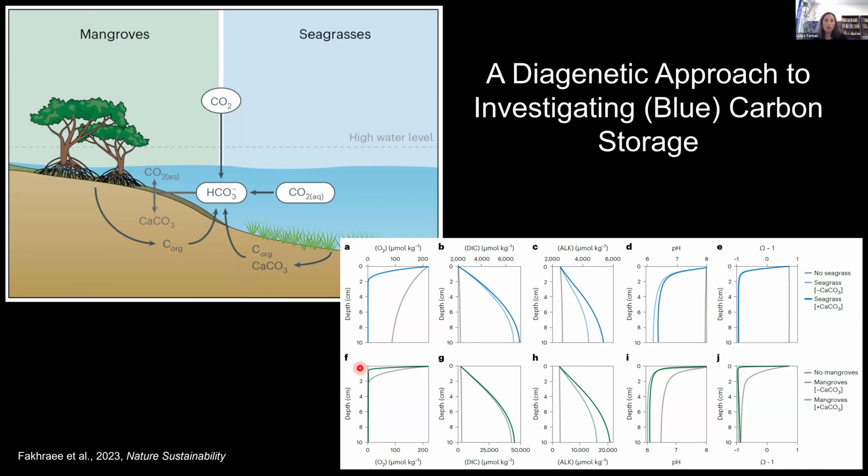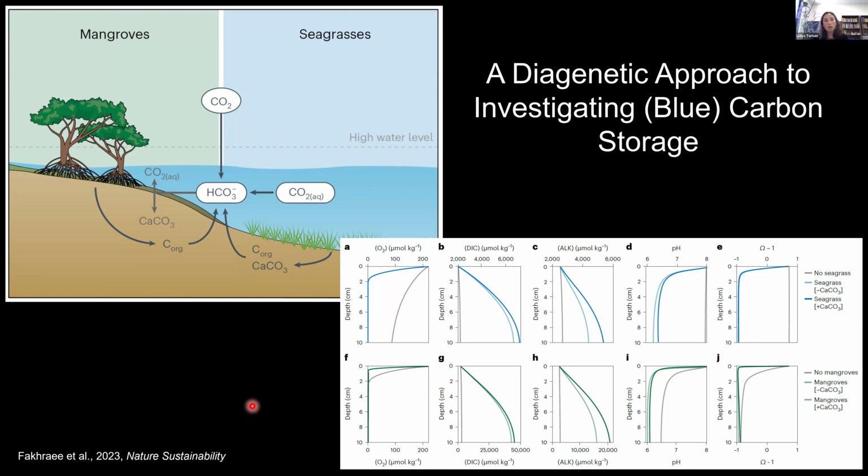And lastly, one other avenue of bioturbation carbon cycling that we've been exploring, again through a diagenetic modeling lens, is thinking about blue carbon ecosystems, which are, of course, incredibly important from an ecological perspective, but also have long been in the public view for the potential benefits that they provide to offsetting carbon emissions through sequestering organic carbon. More recently, however, there's been a great deal of interest in these systems and systems like mangroves and seagrasses from the perspective of more durable forms of carbon storage, for instance, the manner in which they can enhance alkalinity.